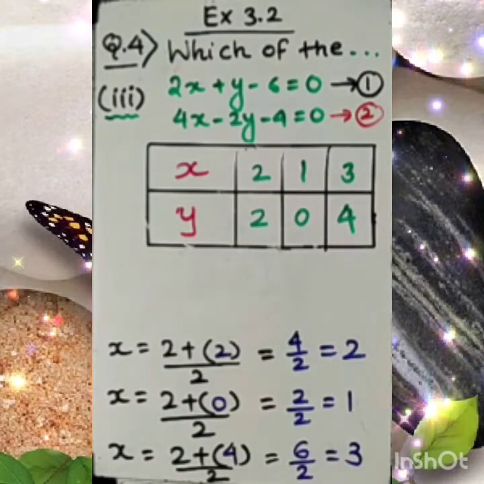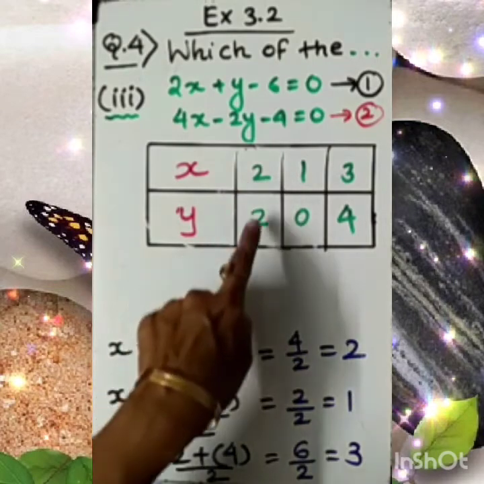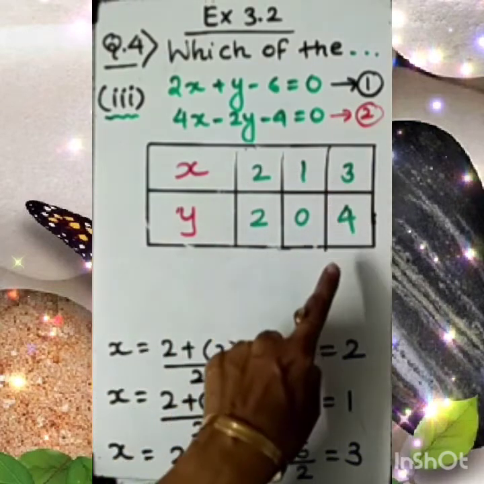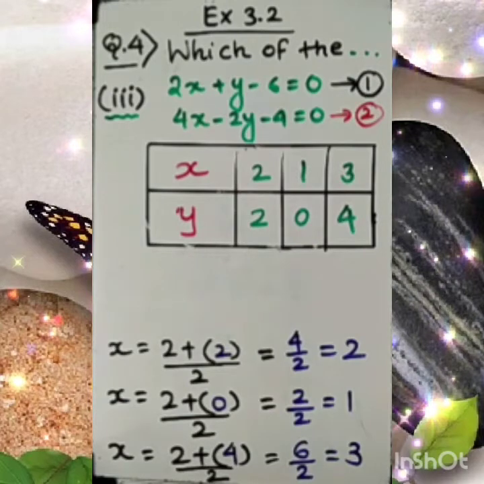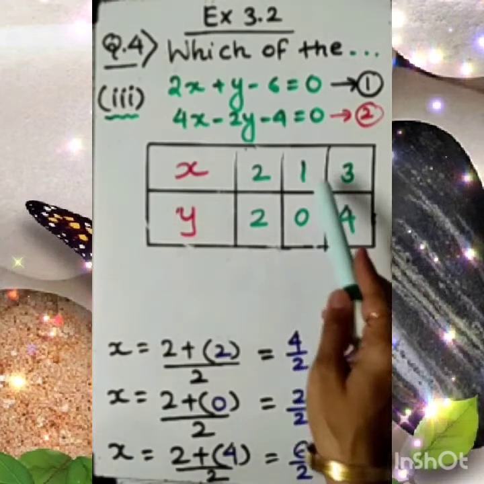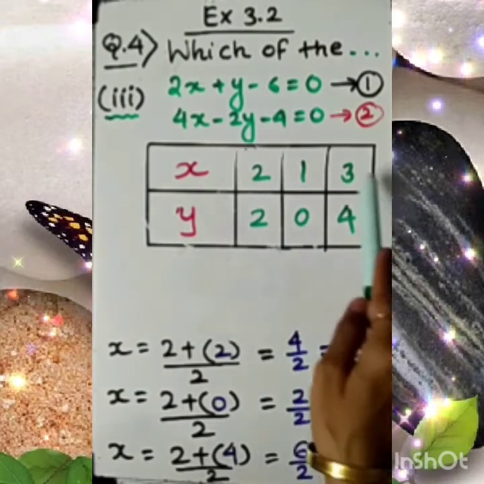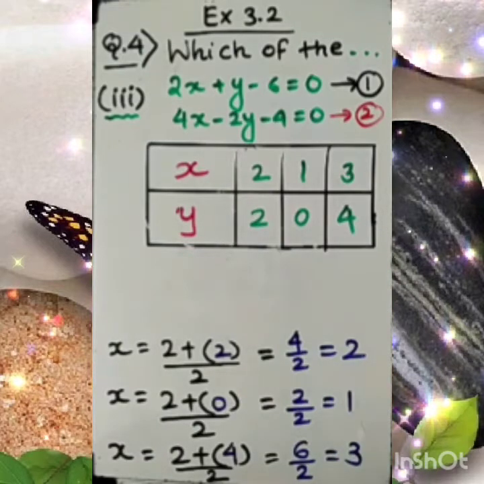So this time, if I observe carefully, I should say simply that (2, 2), (1, 0), (3, 4) are the points which we have to locate on graph paper. Now before we proceed to the graph paper work, just think about where the location of these points will come. (2, 2), first quadrant, both positive numbers. (1, 0), of course it must lie on the x-axis, and (3, 4), again both positive numbers, so if the coordinates are positive, I should say they must lie in the first quadrant.